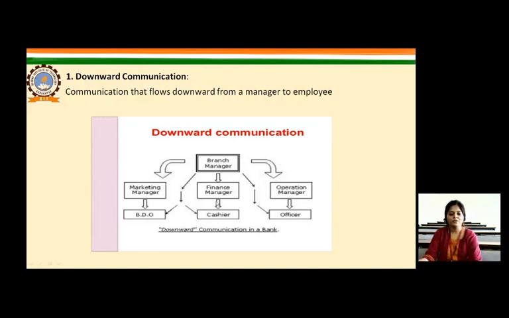But if at all the cashier has to communicate something, he is not allowed to pass it directly to the branch manager. The only way of passing information is that the branch manager can directly move to the cashier, or the branch manager can move to the officer, but the officer cannot go to the operations manager or to the branch manager. So this is only a flow of communication where you have just one way of communication from top to bottom. Any reverse form of communication here is not allowed.